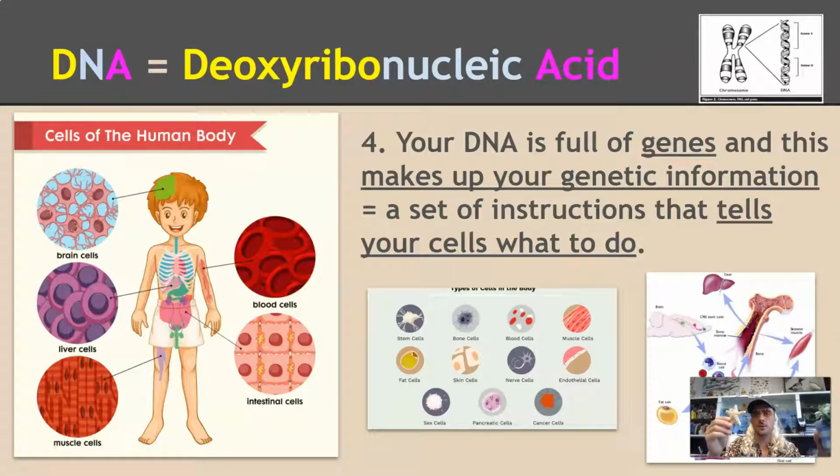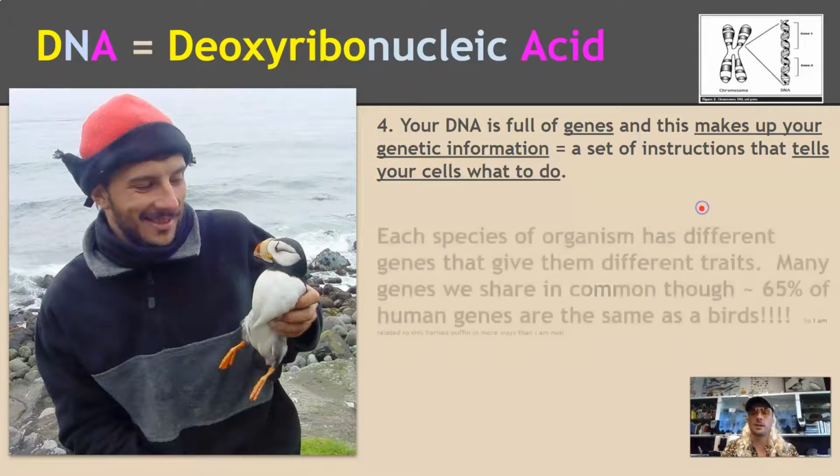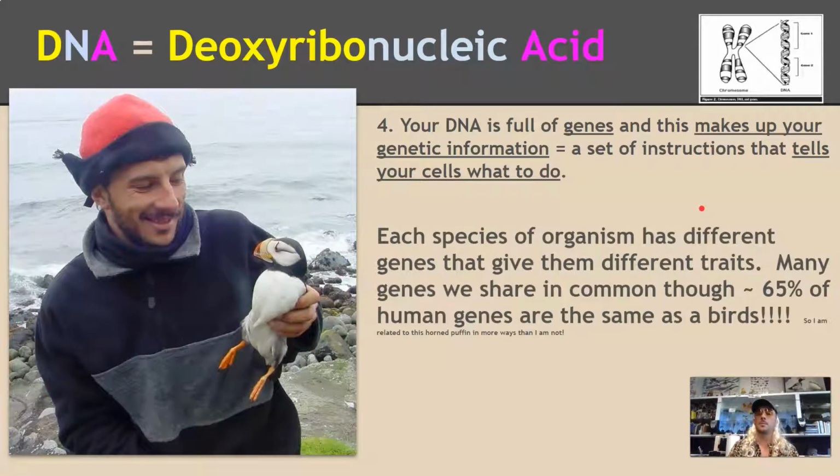So I'm going to move this further here. I get my energy through cellular respiration, so does the starfish, right? I'm a consumer. And actually, there's a lot of other proteins that we have in common as well. This starfish has little light-sensing proteins, similar to primitive eyeballs. This starfish actually has an endoskeleton, which it makes its little shell plates out of that are on it, similar to my bones, calcium carbonate, all these different things. So your DNA is full of genes, these little sections that make up your genetic information, telling your cells what to do. And each species of organism has different genes, and these are what gives us all our different traits.